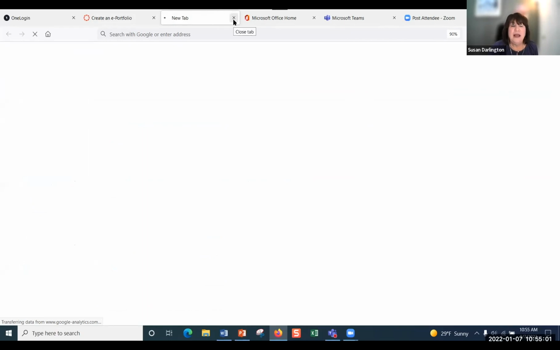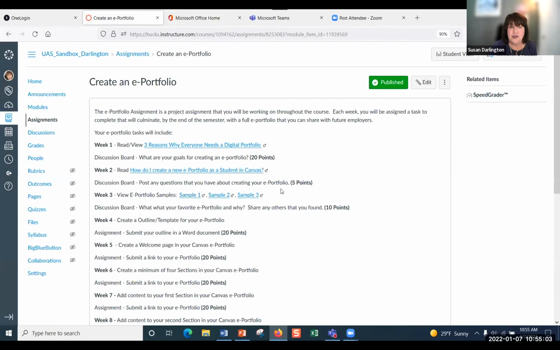So anyway, it's good to have a sample, and you can search Canvas. There's a lot of samples of ePortfolios because some colleges actually have their own ePortfolio systems. So you want to search for Canvas ePortfolio so that all of the options they have for creating their ePortfolio are similar. There are different ePortfolio systems with a range of options, and you want them to look at one that's doable for them.